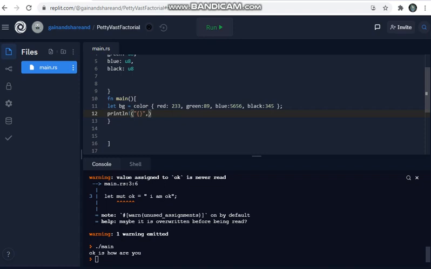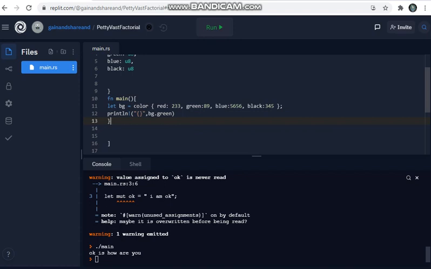The name of the variable is bg, so you need to mention bg here, and you'll get the suggestion. You can simply select it. After that, you need to put a dot, and after the dot, you need to specify which color. Right now I'm going to look at green. That's more than enough, and click this. Up to now everything is fine.